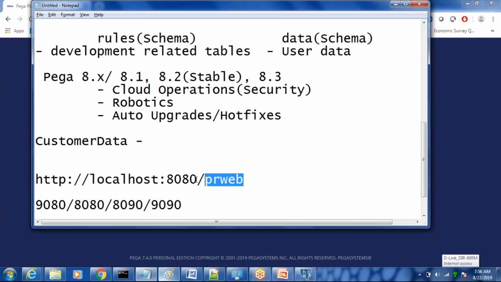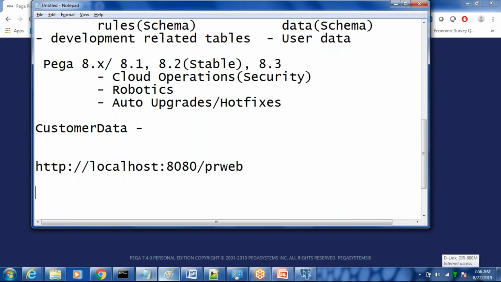So we specify this URL, and then give the credentials to log in, which is administrator@pega.com, and the password is install. These are the credentials that we need to use in order to log in.